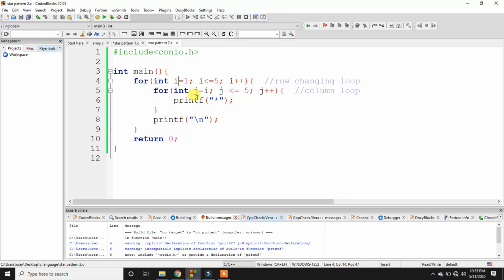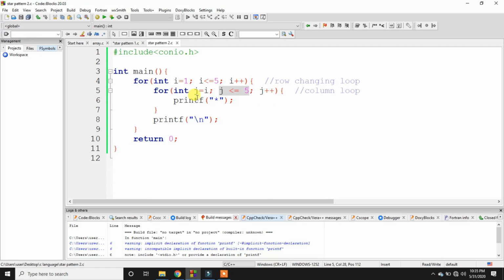Then i becomes 2, because in line number 4 we have initialized the for loop with i equal to 1, but at this time i plus plus, then i becomes 2 and it came down to line number 5, and then j becomes 2 because i equals 2, and again j is less than or equal to 5.